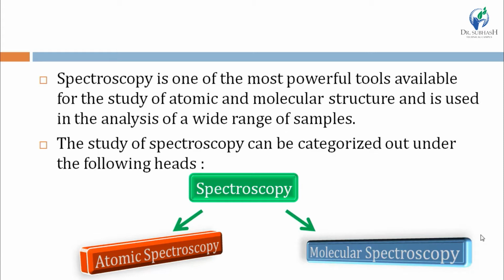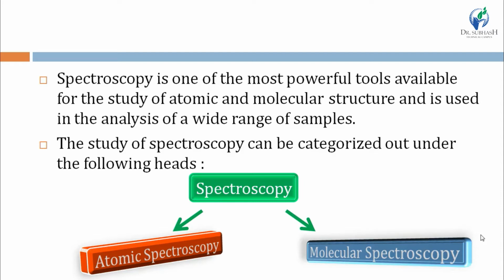The word spectroscopy is made up of two words, spectrum and scopion. Spectrum means arrangement pattern, or we can say different bands of different colors formed due to difference in wavelength, and scopion means examination or evaluation. So spectroscopy means evaluation of the spectrum. I am just revising, students. Spectroscopy is a branch of science which deals with the interaction of EMR with matter.